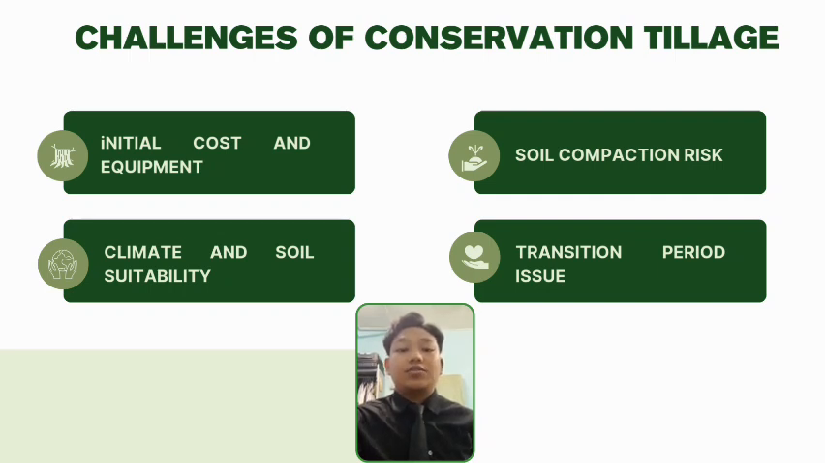Next is climate and soil suitability. The effectiveness of conservation tillage varies based on soil type and climate of the area itself. Soil compaction risk: improper machinery use, especially in wet conditions, can lead to soil compaction. The last one is the transition period issue. Shifting from different tillage to conservation tillage may result in initial yield reduction as the soil needs to adjust to